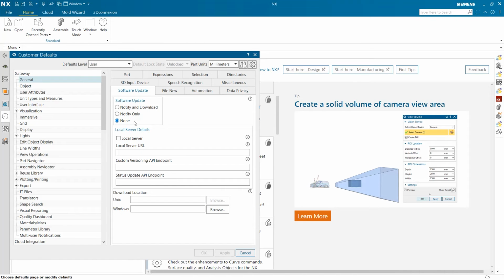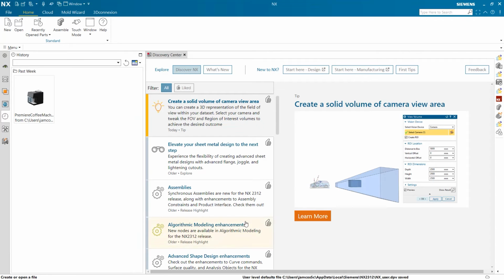For this option, there are no notifications when updates are released, and updates aren't automatically applied. Next, we have the option for Notify Only. This time, we are alerted when updates are available, but nothing is performed automatically. And finally, our last option here sends notifications and automatically downloads new updates. This is the best option for receiving new updates when they are released.